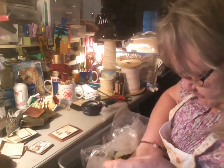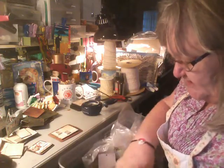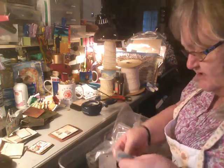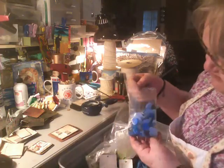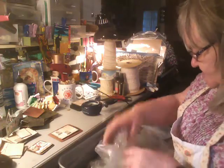But one day I'll show you the drawer I have full of jewelry. Man, it's got all blue buttons in there. Yeah. Okay, but anyhow,